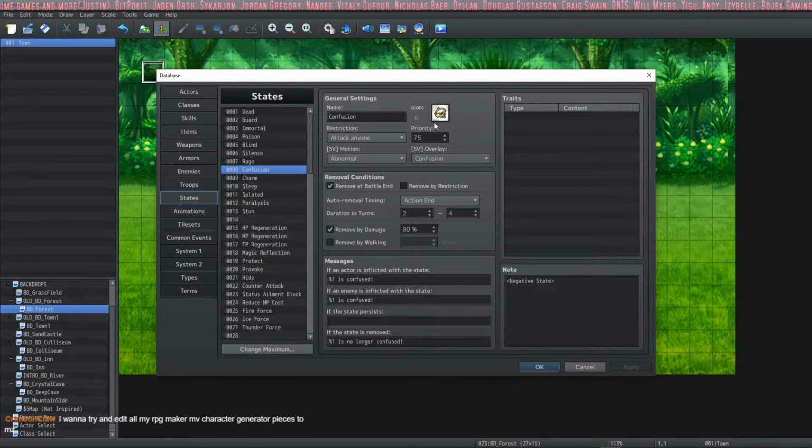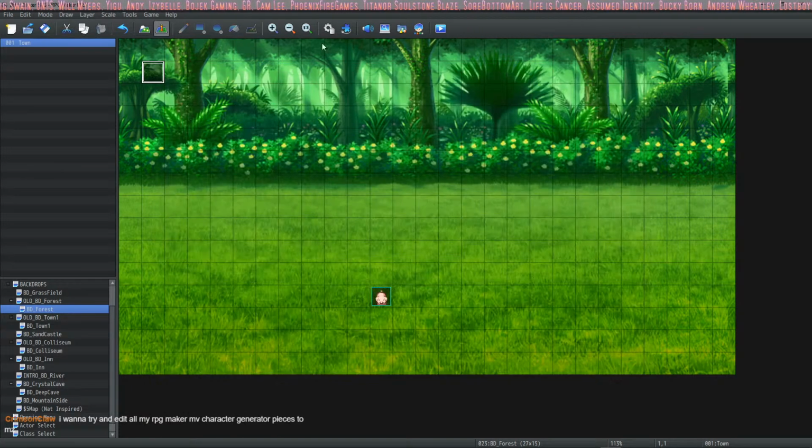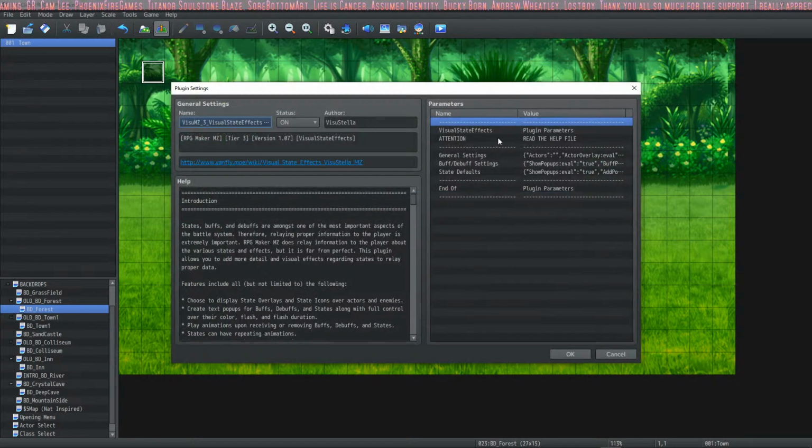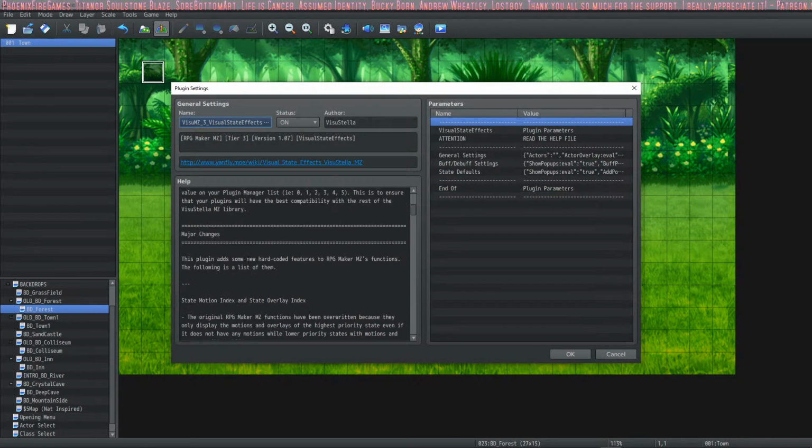States. Yeah. See, there should be a confusion. Are any of your icons working for states? That's a great question. You know what I could do is put in another note tag, if I have a plugin that displays animation, like an MV state animation, visual state effects. Here we go. What's the command?